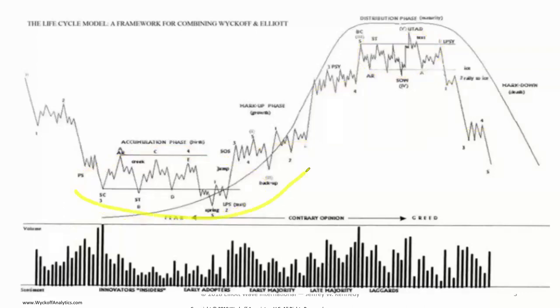The first big pattern is the accumulation, where you have the stopping action from the downtrend, a change of behavior in the automatic rally, a test of the supply, a secondary test, and then multiple other tests around the boundaries of the trading range created by the change of behavior, an attempt to commit to the downside and failure, recovery, sign of strength rally, backing up action, which is quite complex with a sign of strength in the middle, then another reaccumulation range, and final